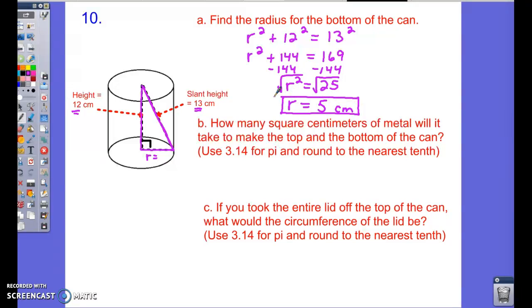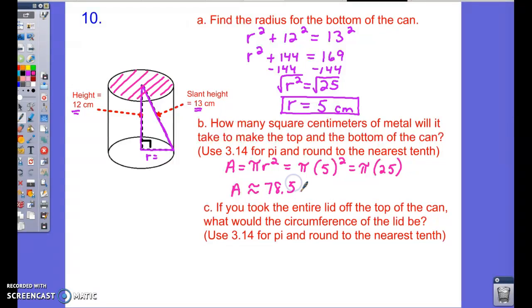Now it says, how many square centimeters of metal will it take to make the top and the bottom of the can? So essentially what we're doing here is finding this area. And to find the area of any circle, we do pi r squared. So I'm going to go ahead and put in some values here. We calculated earlier that the radius was equal to 5, so essentially we're doing pi times 25 here. When you punch that into your calculator, the area is equal to approximately